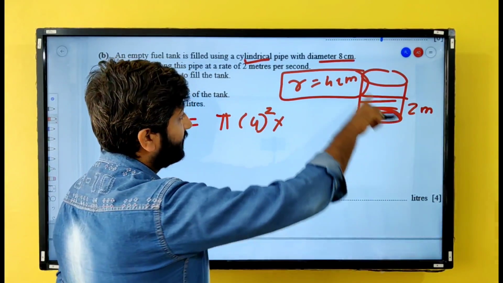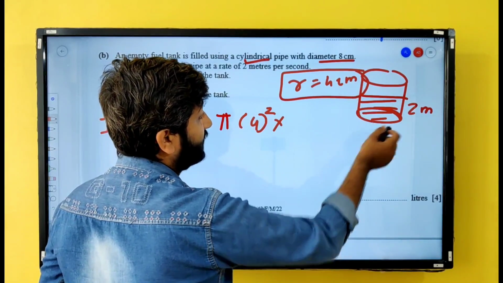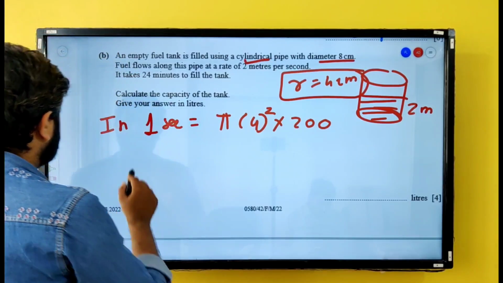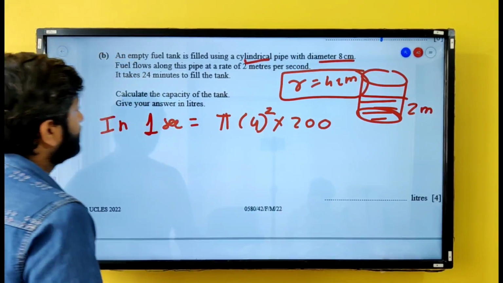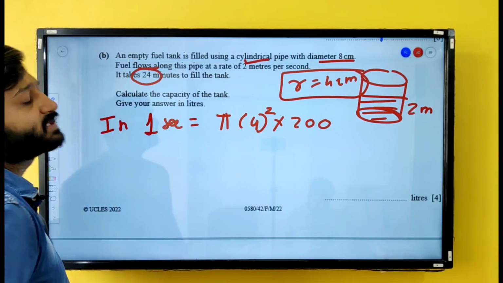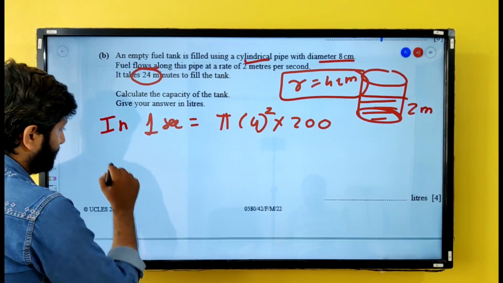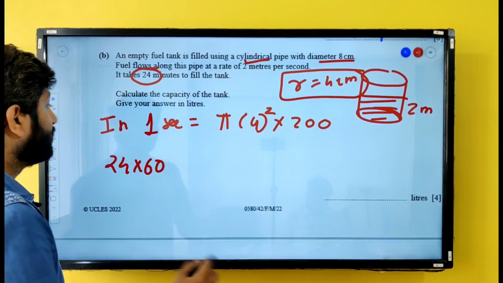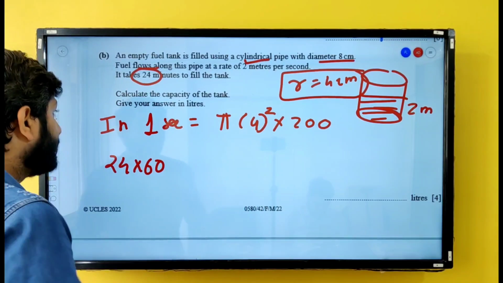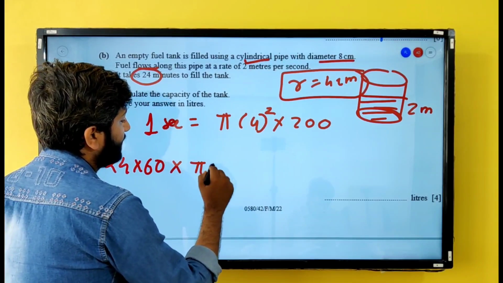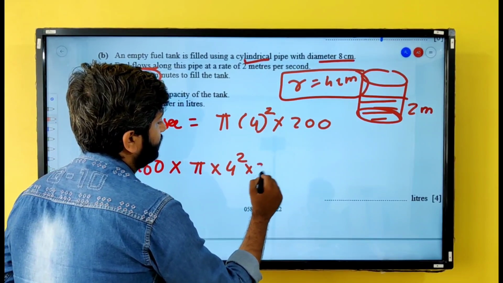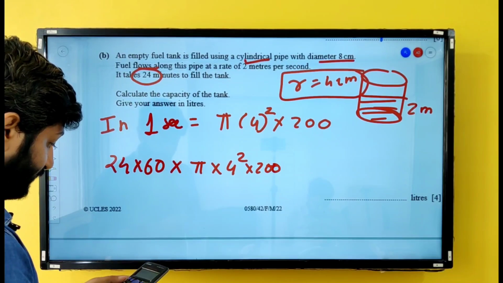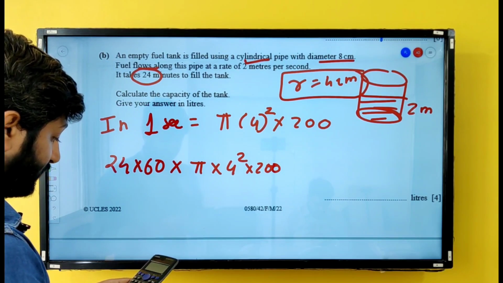Height is 2 meters, but radius is in centimeters, so we'll convert it into centimeter. That is 200 centimeter. So in 1 second, this much volume flows, and it is given that it takes 24 minutes to fill the tank. So in 24 minutes, which is technically 24 into 60 seconds, the volume of fuel is going to be 24 into 60 into pi into 4 square into 200. So 24 into 60 into pi into 16 into 200, which is